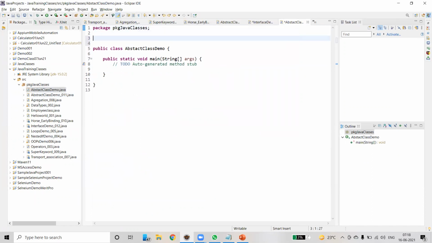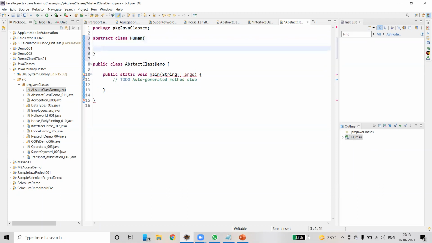First we'll start with how the syntax looks. We have to use the keyword abstract, then class, then the name of the class. I just want to implement class human. See, it's not throwing any error.